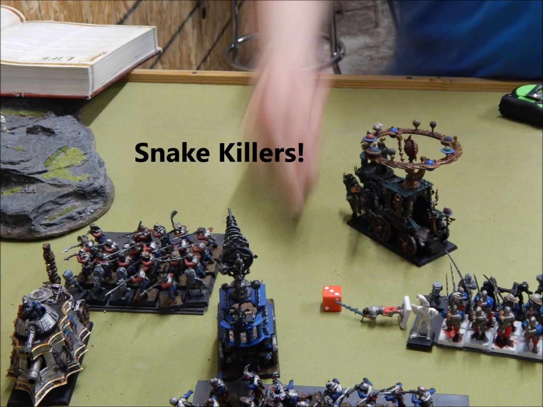During his magic phase, the Luminarch does the laser beam cannon thing on my last remaining snake and obliterates him, which, again, I'm totally fine with. It sucks that it happened. I really wish the snakes would have been able to do more. I actually forgot to shoot with them last turn, which is my fault. That's just noob generalship on my part. But, yeah, the Luminarch blows the last snake away, which is...